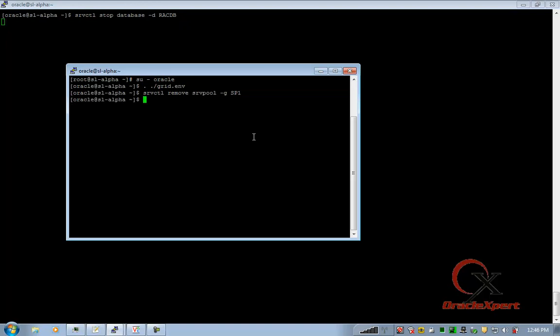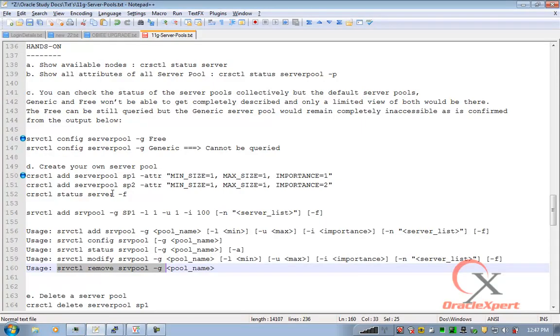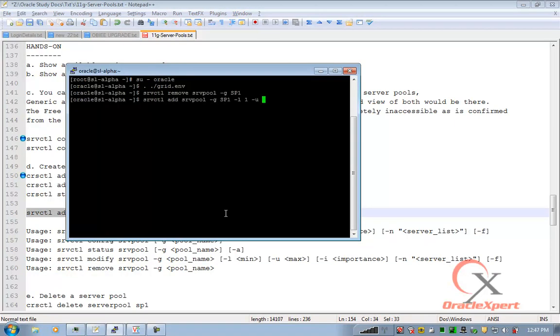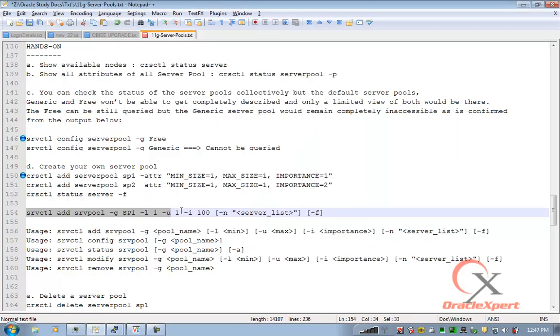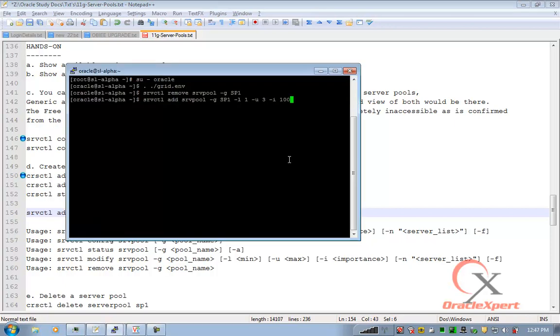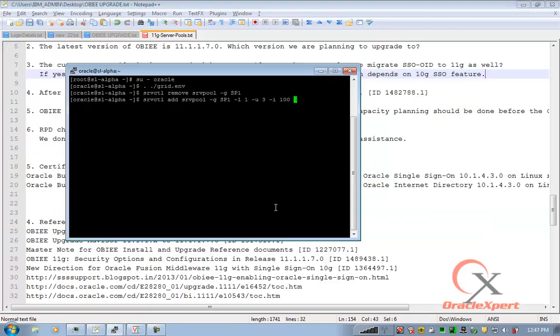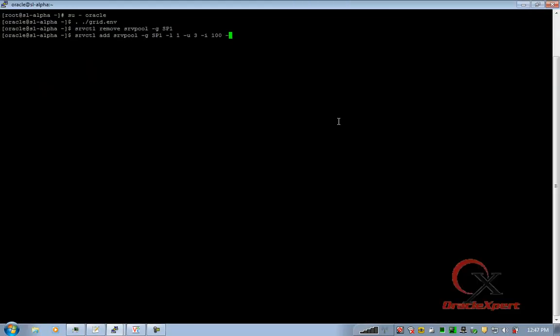So I have removed the server pool. I would add it one more time, with the maximum value of 3, importance as 100, followed by the node list.